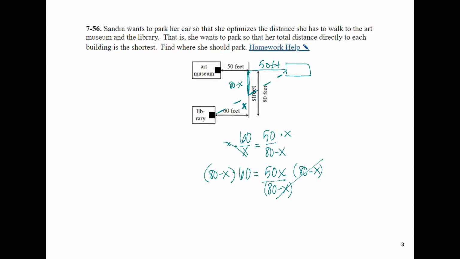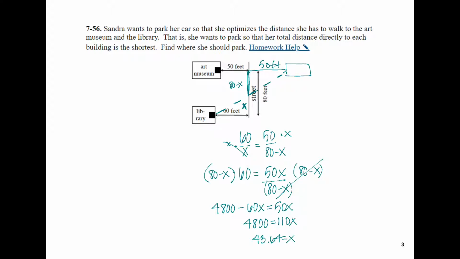And we get 60 times 80 minus x on the left. When we distribute our 60, we get 4,800 minus 60x is equal to 50x. The inverse of subtracting 60x is adding 60x, so we get 4,800 is equal to 110x. If we divide by 110, we get x is equal to